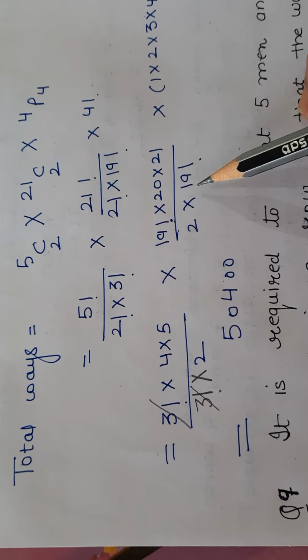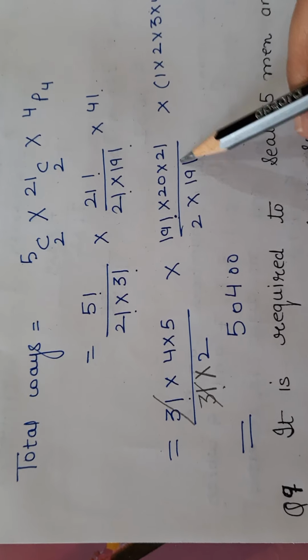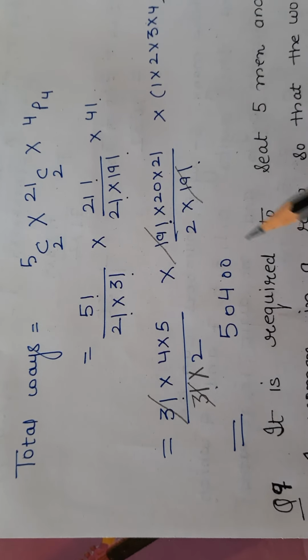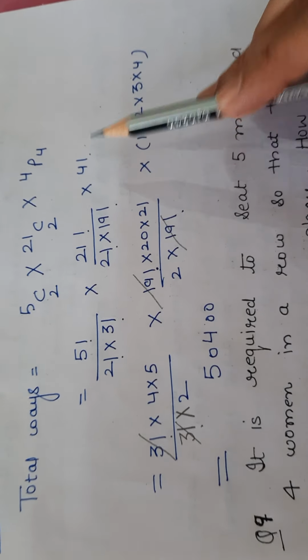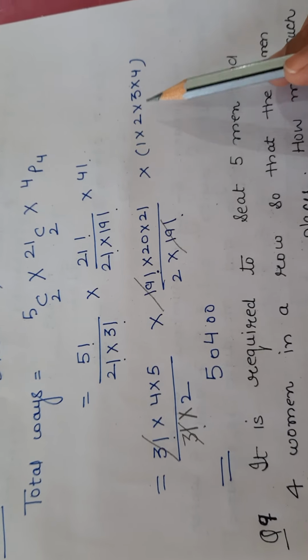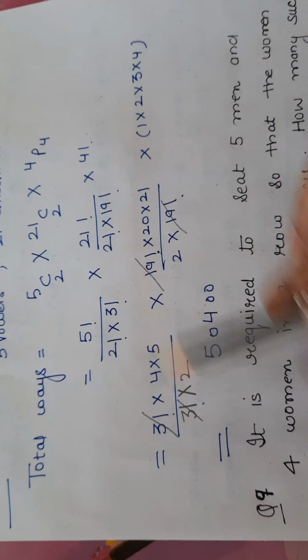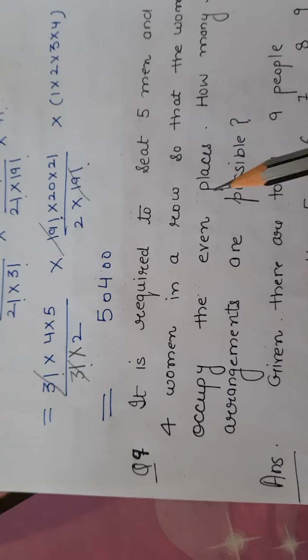Then we simplify the factorials by cancelling them, and the remaining factorial is the product of the first natural numbers. On simplification, your answer is